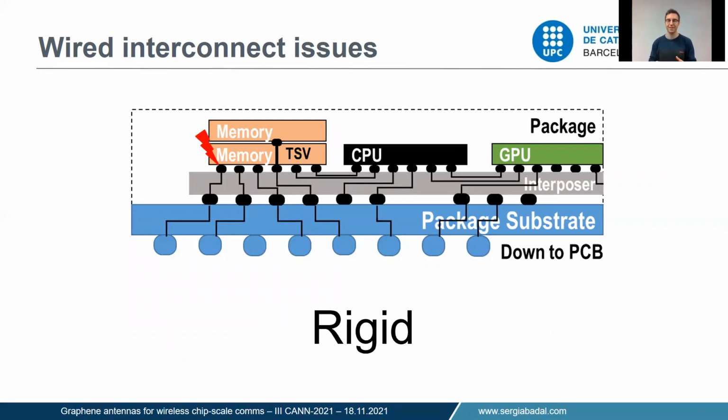Wired interconnects are laid down. There needs to be a physical infrastructure between transmitter and receiver. So the problem is that this is rigid and cannot be changed over time. And that's why we need to over-provision, because since we cannot change it over time, we need to cover